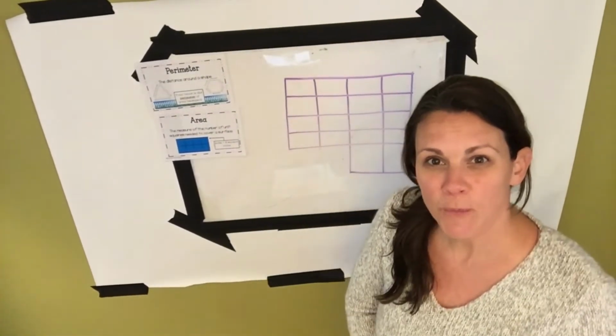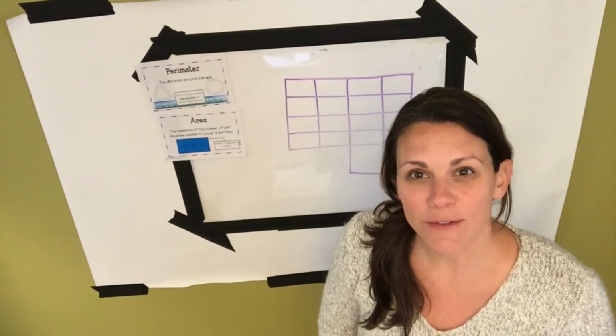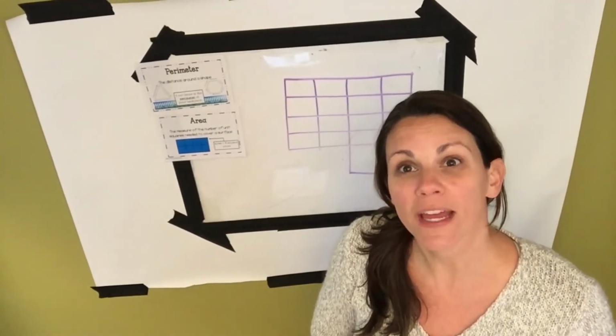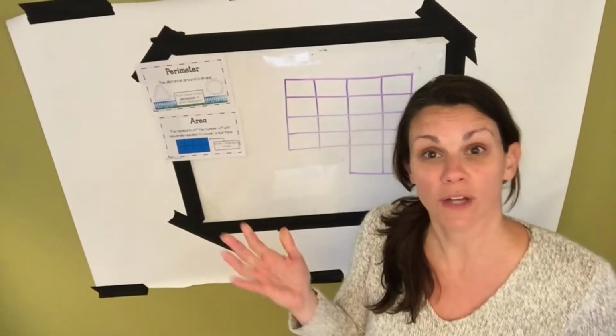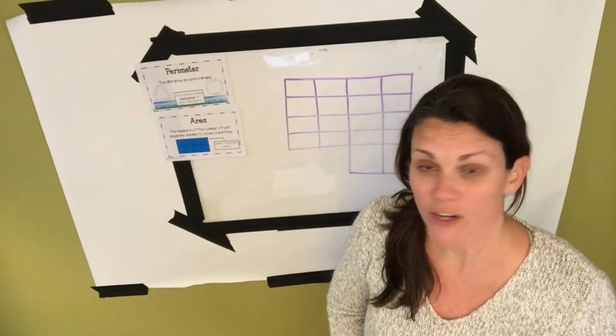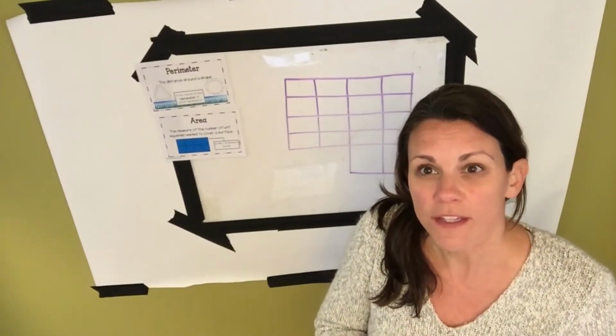All right, welcome to my home classroom where we are going to review the skills that we've learned so far in our perimeter and area unit and get you ready for your mid-chapter checkpoint. Believe it or not, we're almost halfway through the chapter. Again, our key vocabulary words for this chapter are